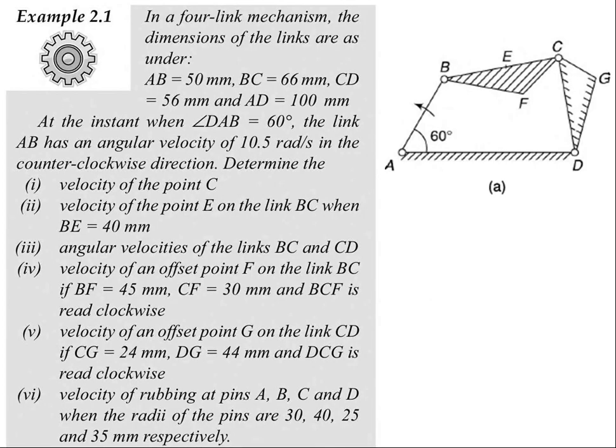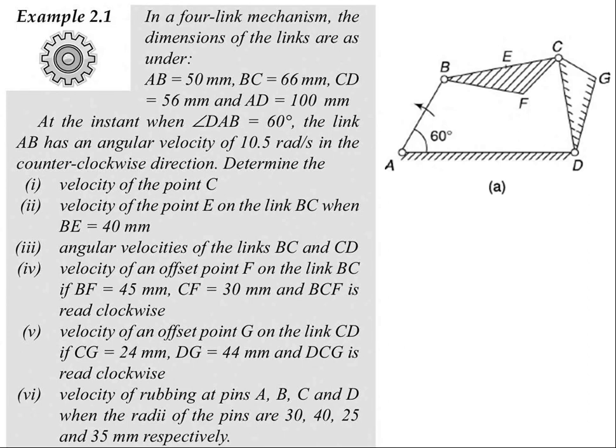Okay, so this is the problem. I think all of you have drawn this space diagram. So in this four-link mechanism, you have the ABCD mechanism. In that you have BCF as one link, which is a ternary part, and CDG is one more. So in connection with the BC link there is an additional point F, and for the CD link there is an additional point G also.